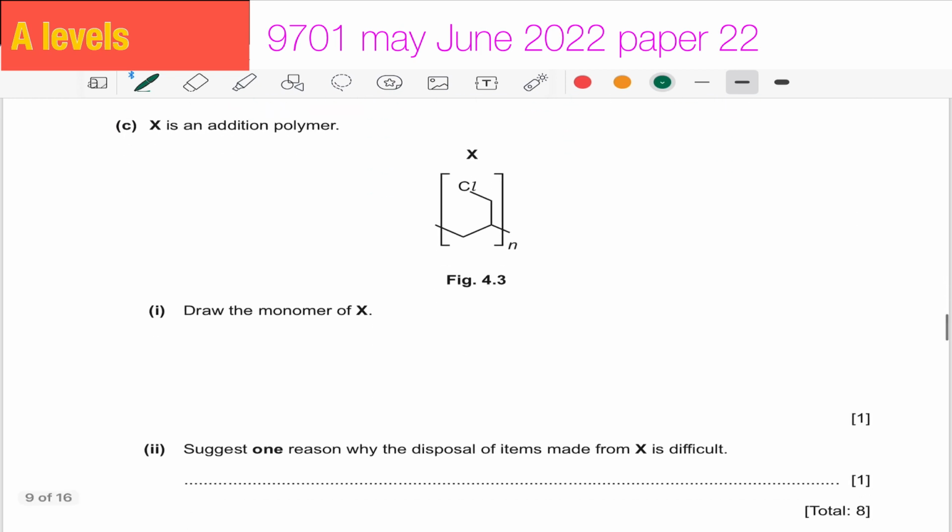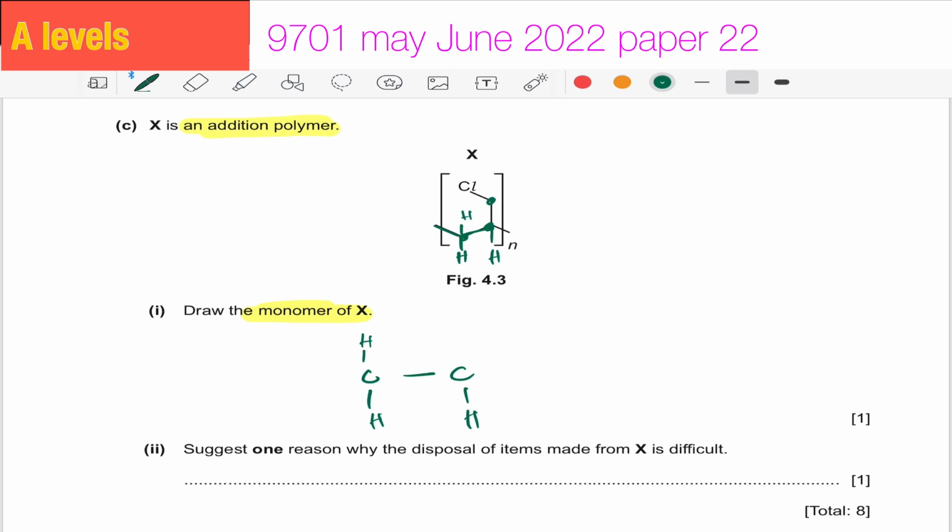All right, now the next part of the question is: X is an addition polymer. Draw the monomer of X. So the monomers of addition polymers can be very easily drawn. You just have to look at the 2 horizontal carbon atoms. So let's suppose these are the 2 horizontal carbon atoms. Just draw these 2 carbon atoms and look for the groups which are attached to them. So this carbon atom is attached to 2 because we are only seeing 2 bonds of this carbon. 1, 2. That means the other 2 bonds are with hydrogen. So that means it has 2 hydrogens, and this carbon has a hydrogen